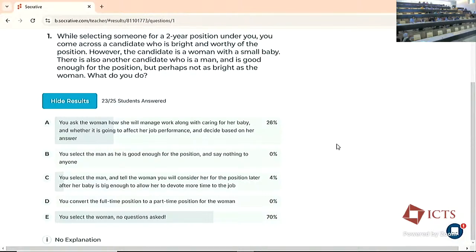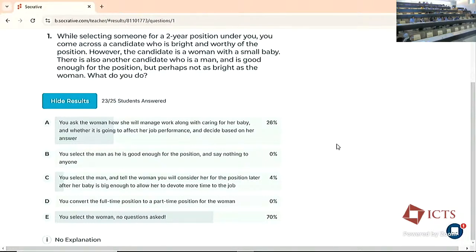Okay, so if the woman said this to you, would you accept it? Sorry? If the woman said, that's my personal thing, I will manage. No, I mean, not getting the point. I mean, I can schedule my studies later time of the day, but I can't schedule taking care of the baby later time of the day. It has to be taken care of all the time. Does anybody want to respond to that?